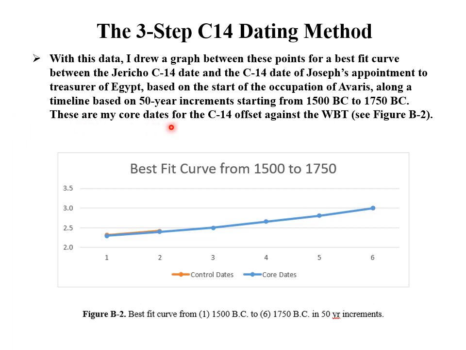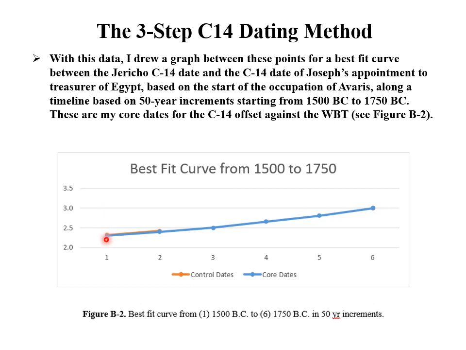These are my core dates for the C14 offset against the Walling biblical timeline. So as you can see here, this is the best fit curve from 1500 BC to 1750 BC using 50-year increments. So 1500 BC, you could just make out the control dates,